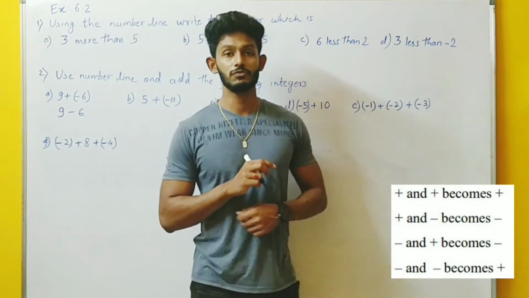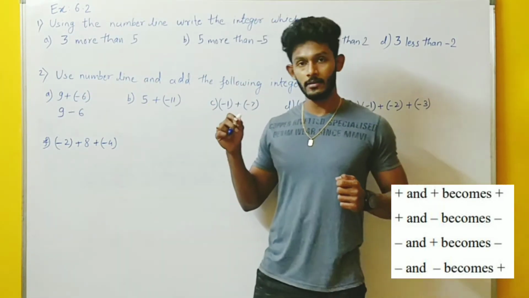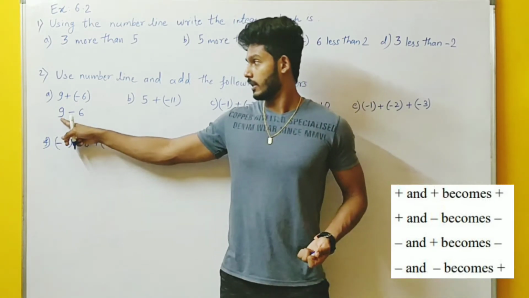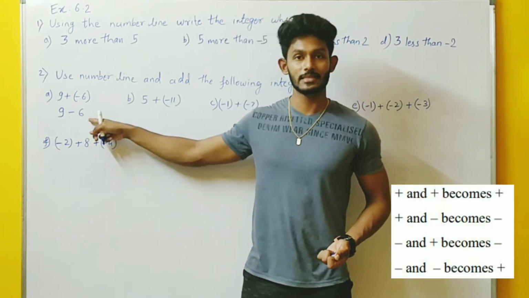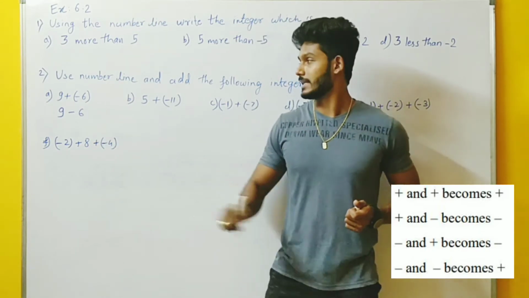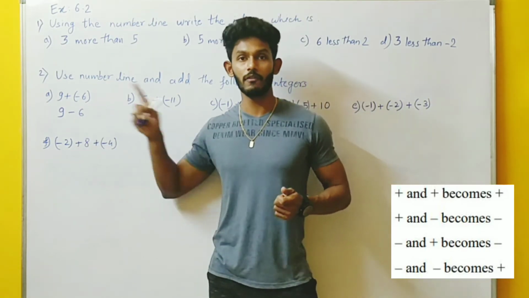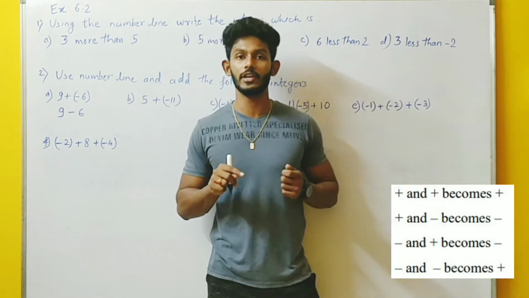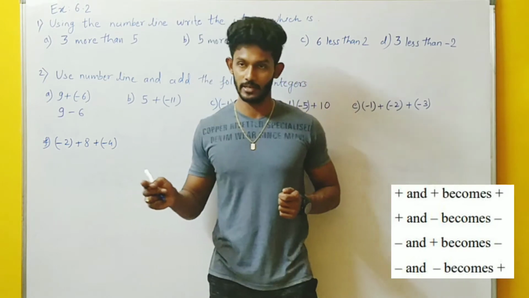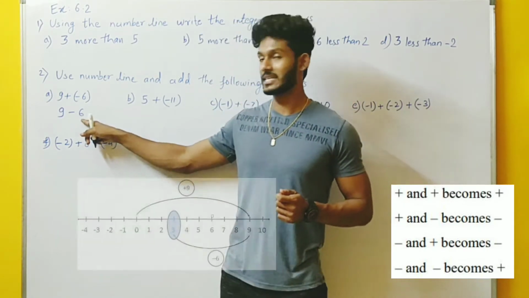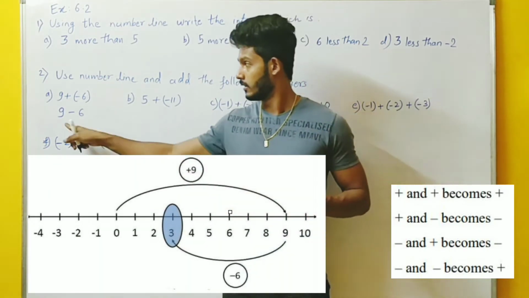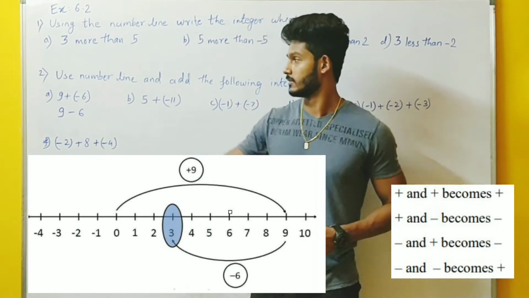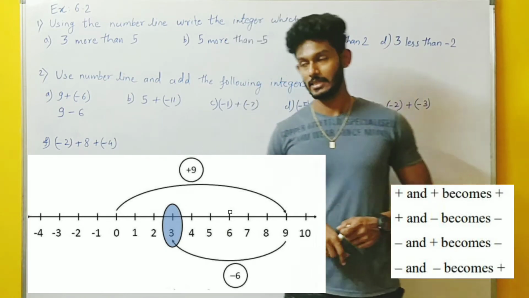Now, first we will draw a number line and first from 0 we will move towards 9. Now minus 6. Whenever we are doing any subtraction, where there is minus, we will move towards the left hand side because we all know that all the negative integers lie towards the left hand side of 0. So if we move 6 steps towards the left hand side from 9, we will reach 3. So the answer for this one is 3.